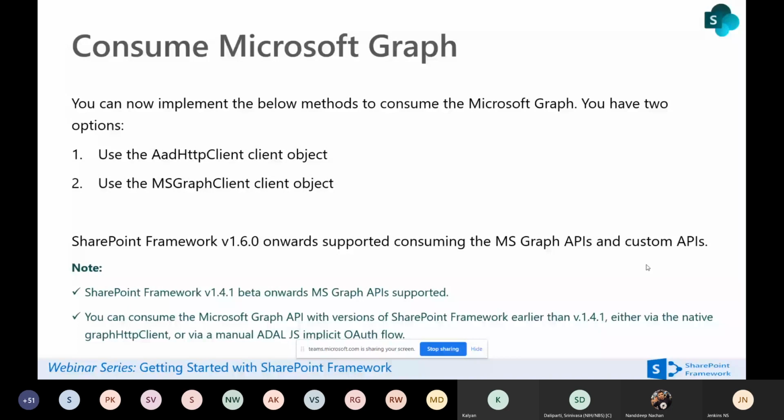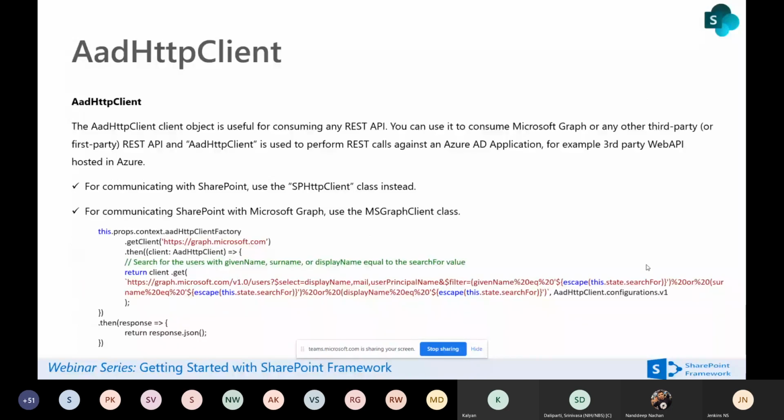First, the AAD HTTP client. What is that? It's a client useful for consuming any REST APIs. If you are connecting from outside also, for example, I have a REST API in my Azure and I want to connect, you can go with the AAD HTTP client. Whereas the MS Graph client is specific to Graph APIs. The AAD HTTP client also supports Microsoft Graph.